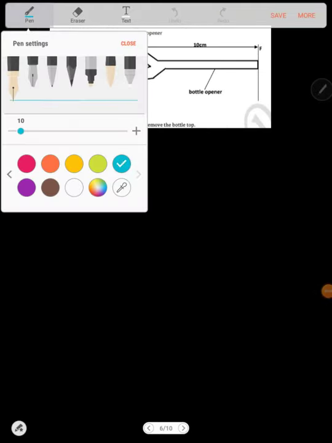Now let's look at this example. It says the diagram below shows a bolt opener. Guys, state the principle of moments. The principle of moments states that